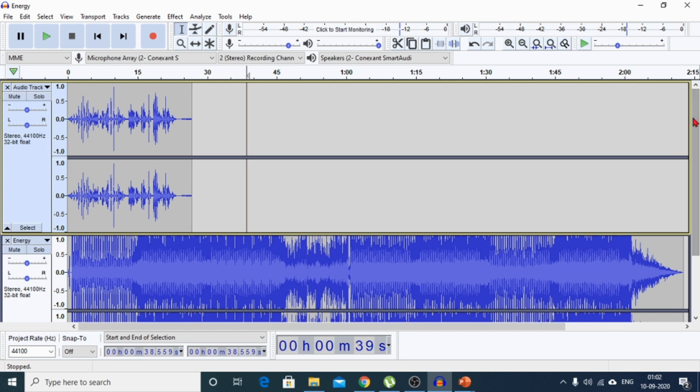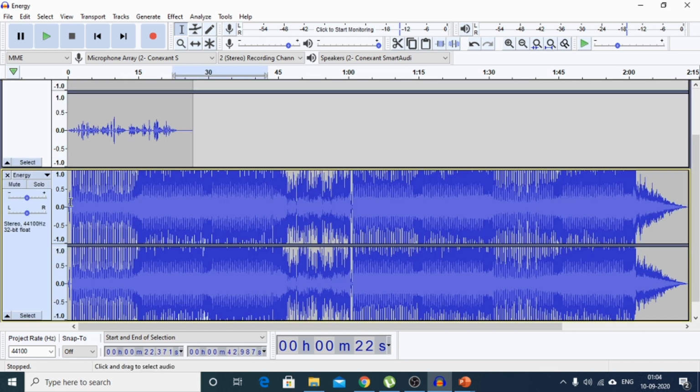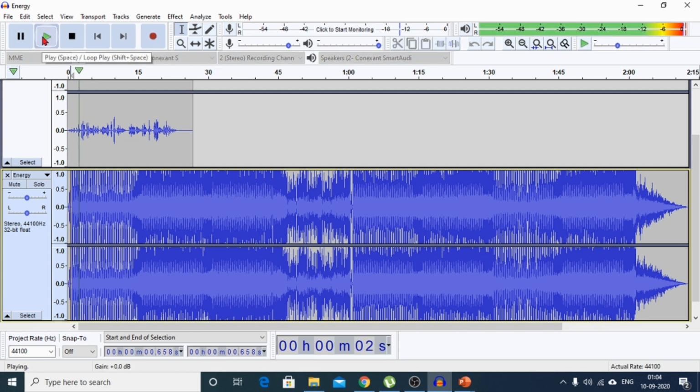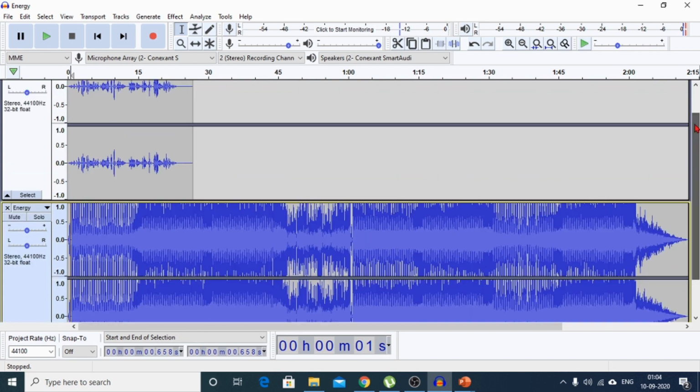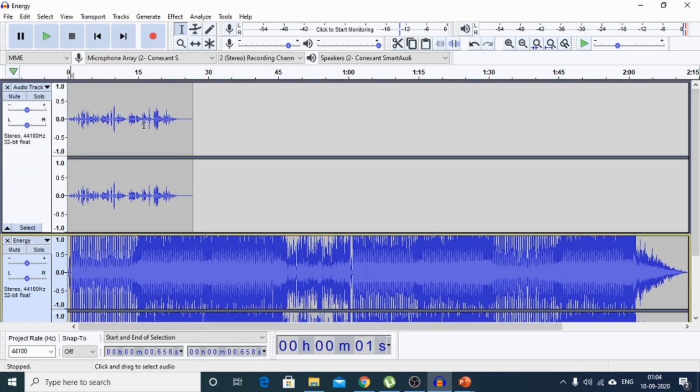So now you can mix both the tracks together. Let's see how you can do that. Let's have a look at which track this is. And at the same time my recorded voice is also getting played. So now if I want to modify something, I can mute any of the tracks from here.